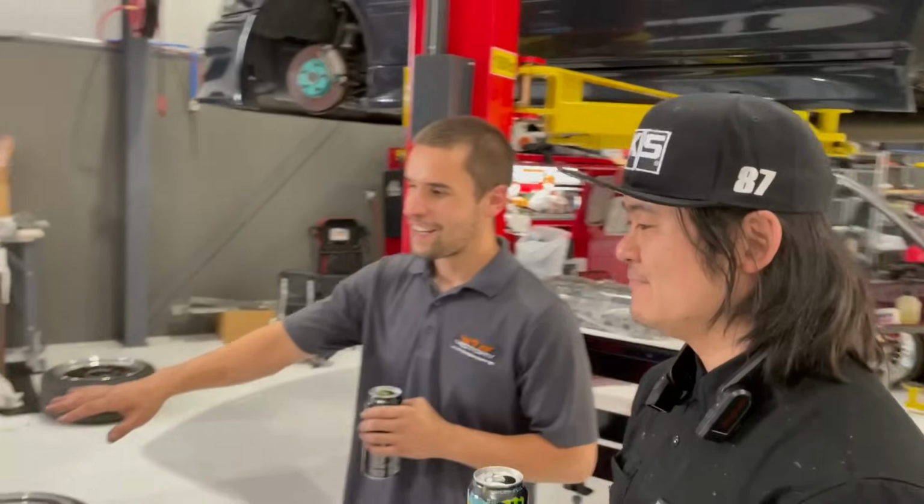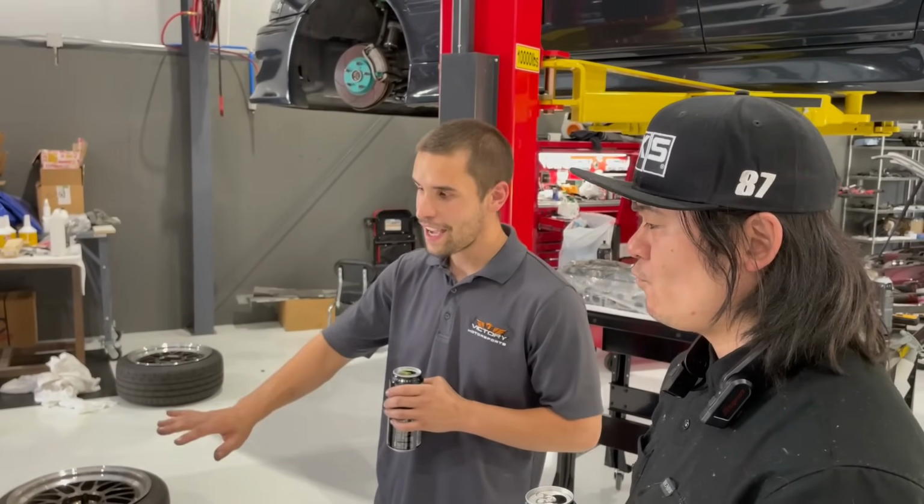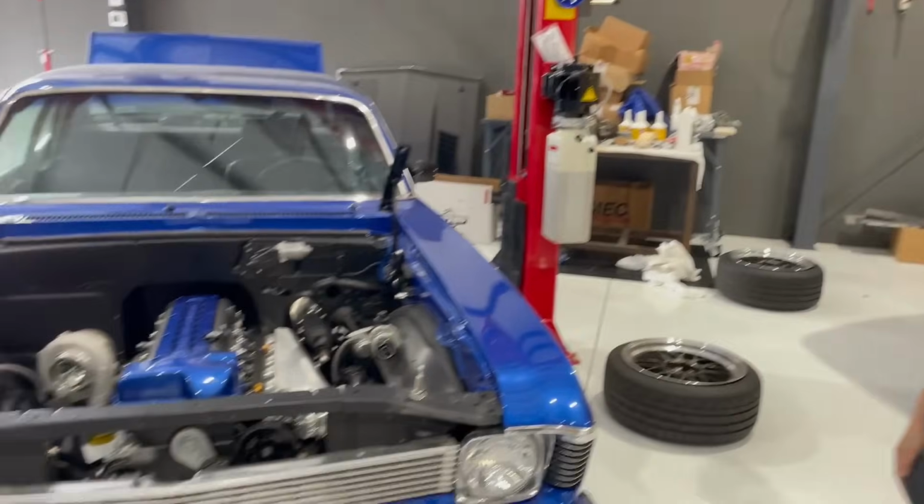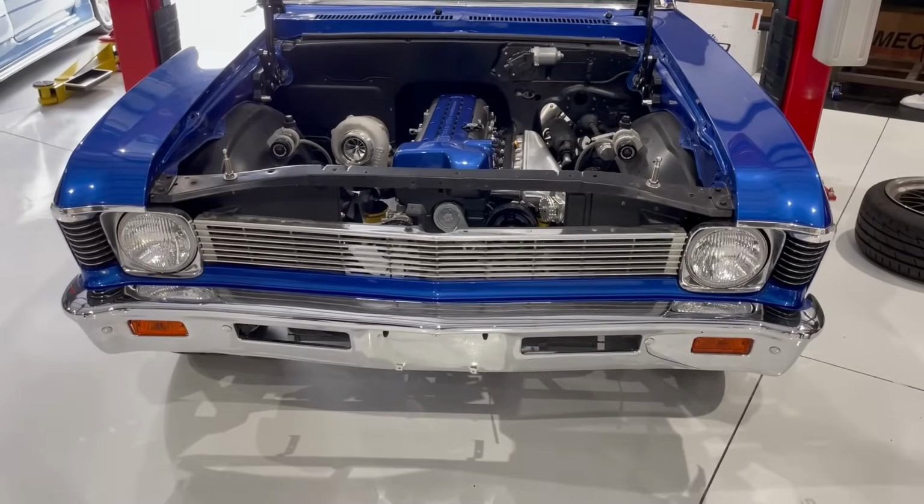So this car actually has an interesting backstory. This customer back in the day did not like domestics. He did not like classic American cars. It was not his thing. He actually drove a 240 with an RB25. That was his daily when he was younger. And as he's gotten older, he's gotten more into the classics, more into the American stuff. He has more appreciation for it. And so he called us and he was like, hey man,